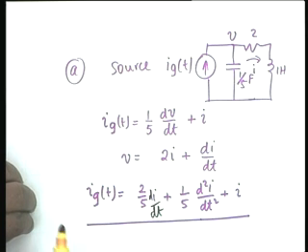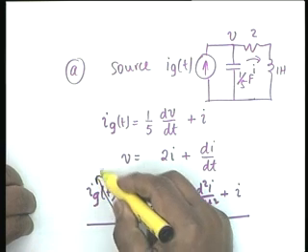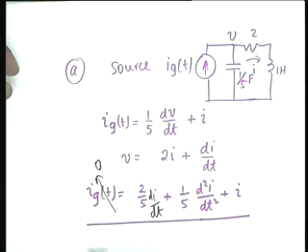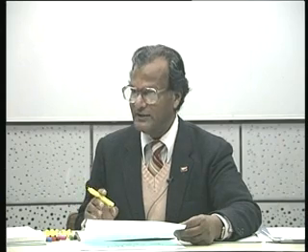What I have to do now is to find the free response, which means that I put i_g(t) equal to 0. So was there any constant term, then we have to put that whole term equal to 0? That is right. The driving term is equal to 0 in absence of a drive. In absence of a drive means that if the drive was a current source, then it should be opened. If it is a voltage source, it should be shorted.